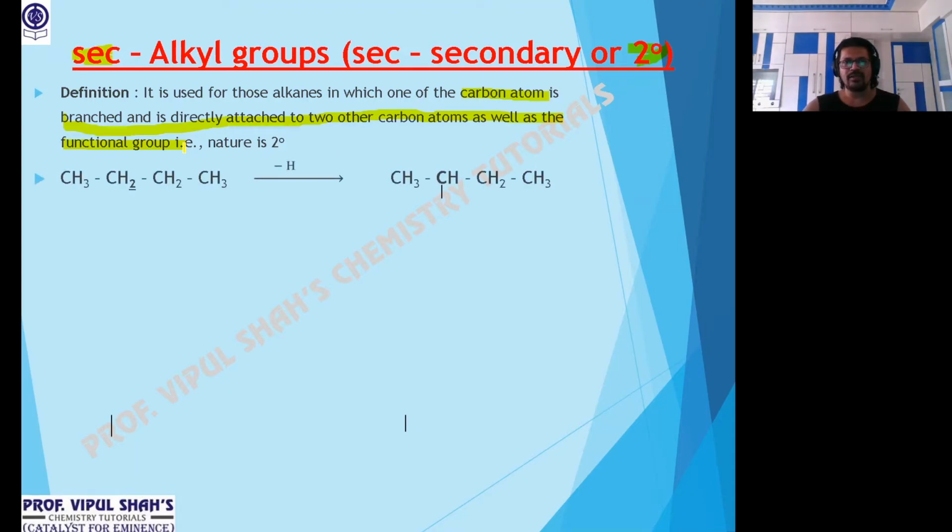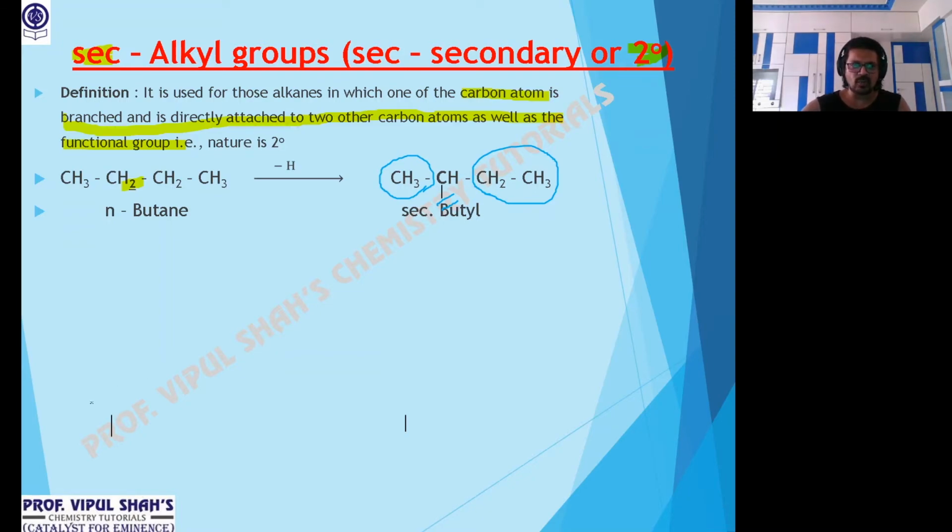Let's talk. Look at this. This compound is n-butane, because in alkanes branching is from butane. After I remove this H, then I get one valency short here. So this is the branch. Now, is the branch carbon attached to two other carbons? Yes, it's attached to two other carbons. Now, can I say it's attached to two similar alkyls? No, the alkyl groups are not the same. One is methyl, one is ethyl. So they are not the same, right? So we can't call this iso. This is only sec. And where will the functional group come? Here, where the valency is short. This part we will have the functional group. So sec: one of the carbons is branched, attached to two other carbons, and the functional group is also directly attached.